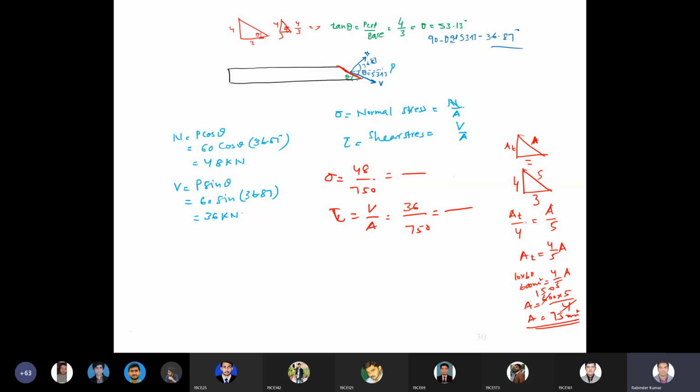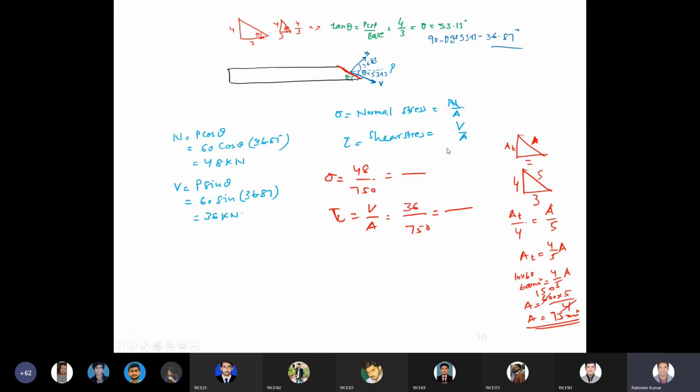तभी मैंने कहा था you just need to memorize, or you just need to recall the things which you have studied in strength of materials 1 and engineering mechanics, because many times we will be using the resolution of forces, और जिस तरह हमने ये एंगल ट्रांसफर की है, so multiple times we will be using these concepts. Okay, if you are not able to understand these concepts, I will explain you. Okay, not in detail, but at least in such a way that you should be able to solve the questions.